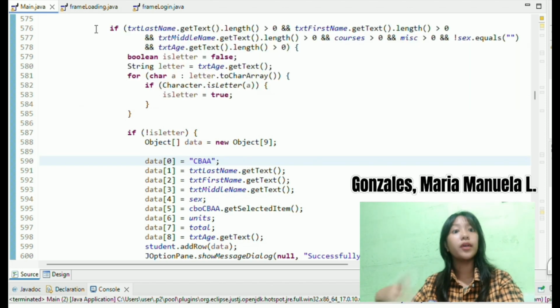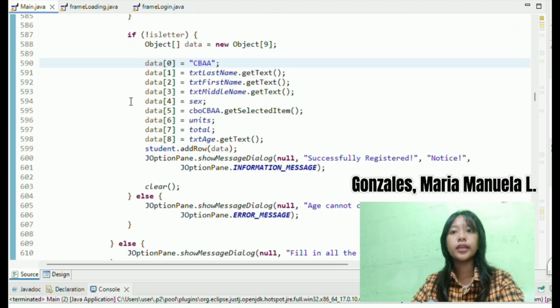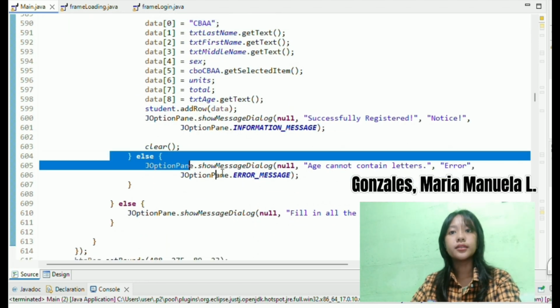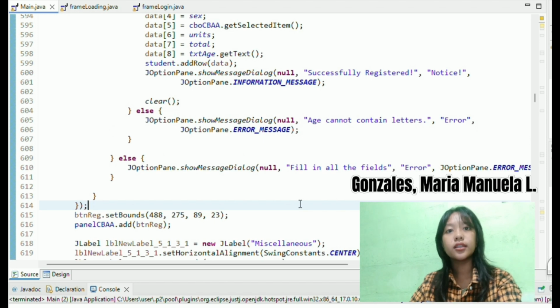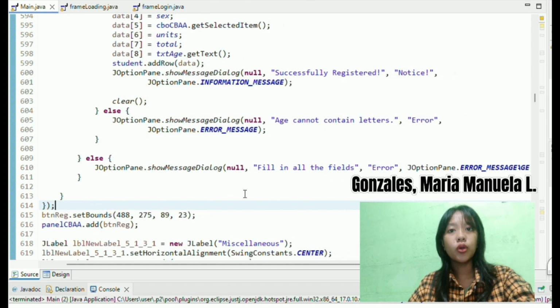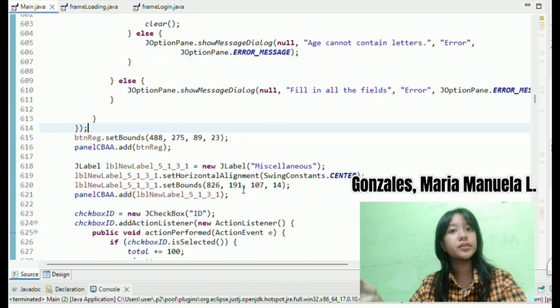It also validates that the age contains no letters, and if the input is valid, the user's data is added to a student table, and a message will be shown that they are already registered. If not, of course, an error message will be displayed.